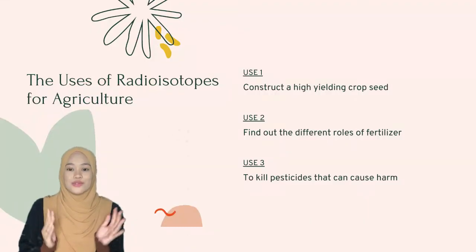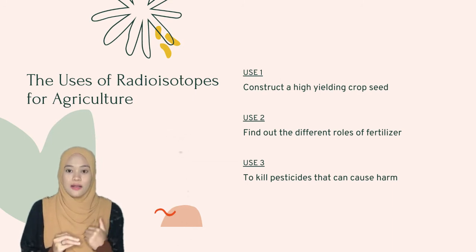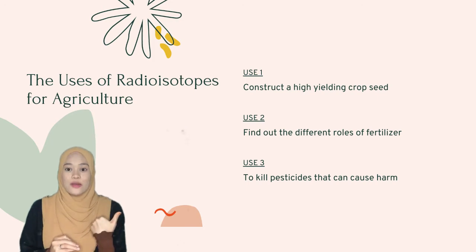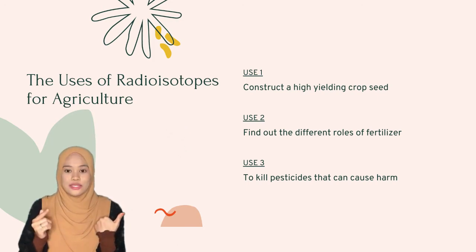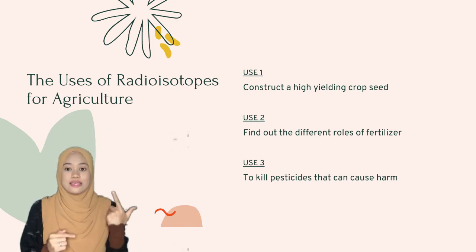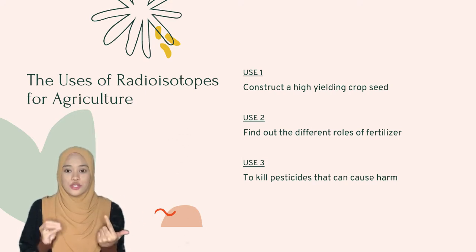So, among the uses of radioisotopes that can actually benefit the agriculture industry are, first, to construct high-yielding crop seeds, which indirectly can also increase the final production of the crop. Second, is to find out the role of different fertilizers that can actually react on different types of plants. Lastly, is to kill the pesticides that can actually cause harm on the food grain, and this can be performed